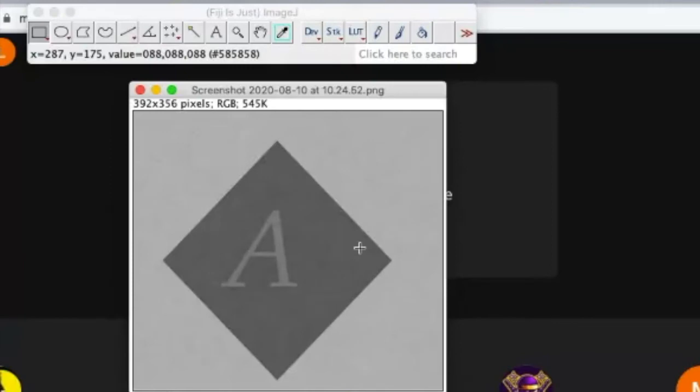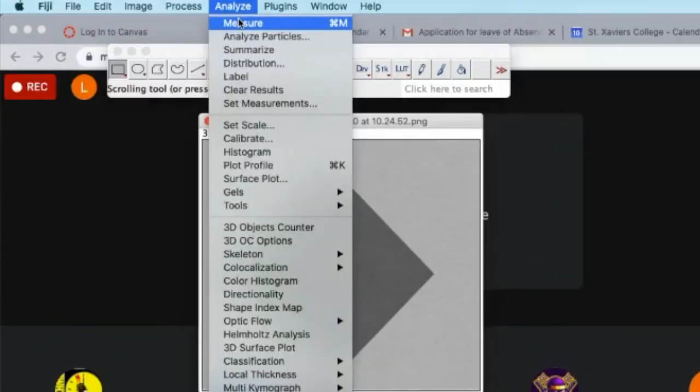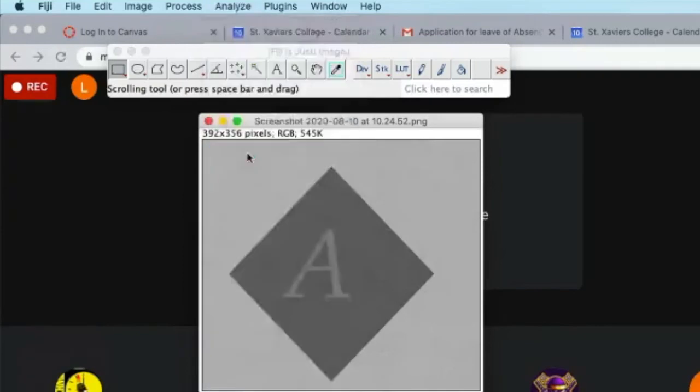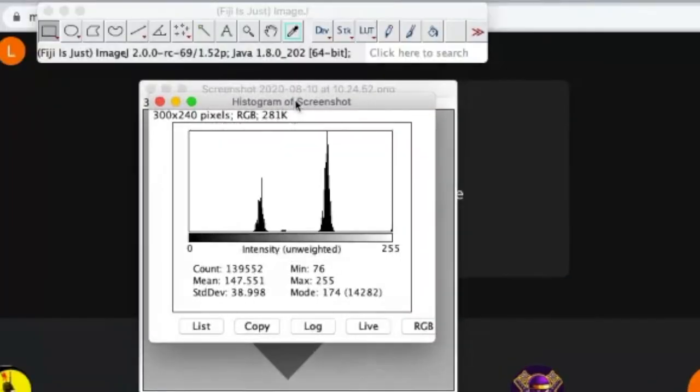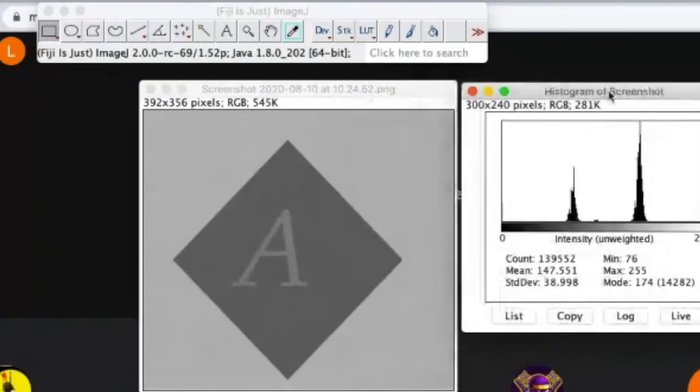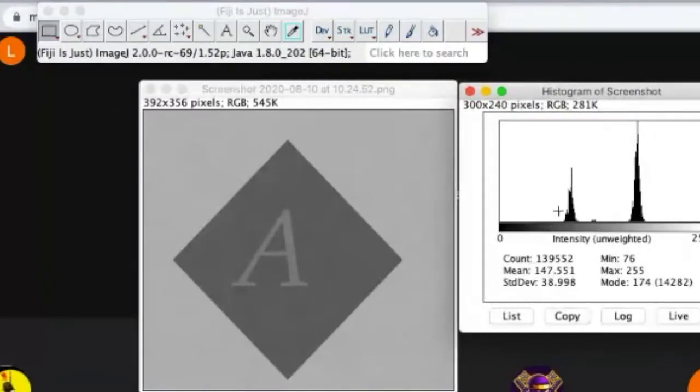So for histogram equalization, this is one image with a low contrast that I have created. So first, we need to look at its histogram. So in the histogram, you can clearly see 3 peaks. One is very dark, so it corresponds to this diamond shape.